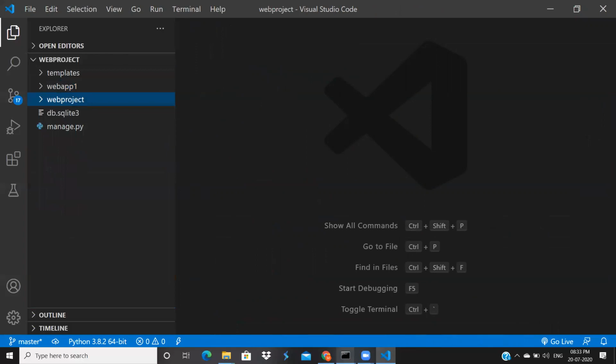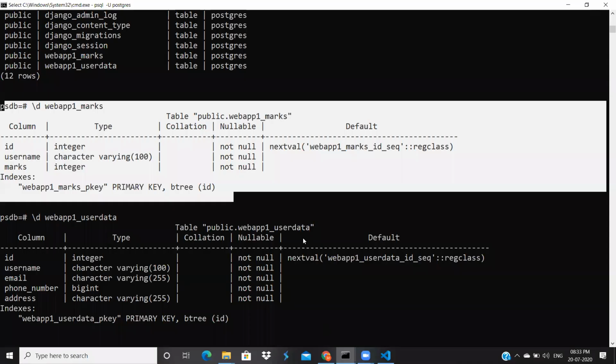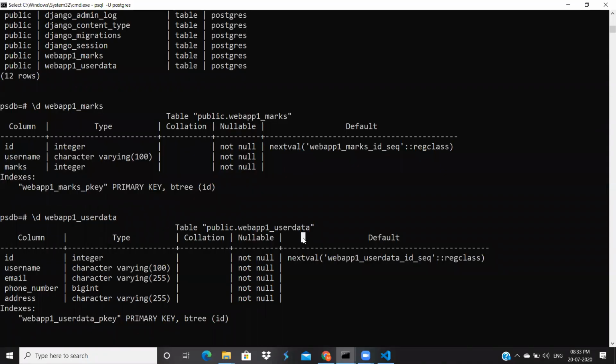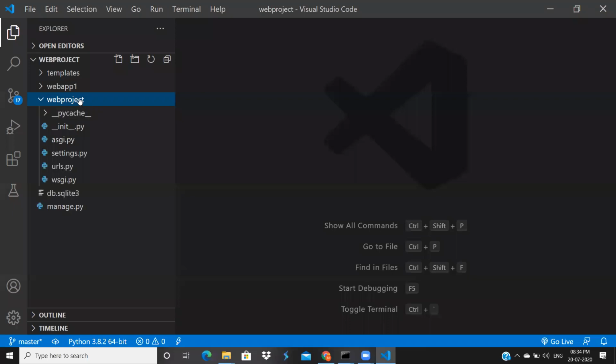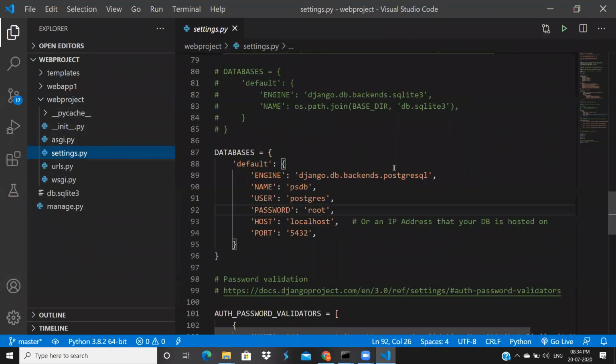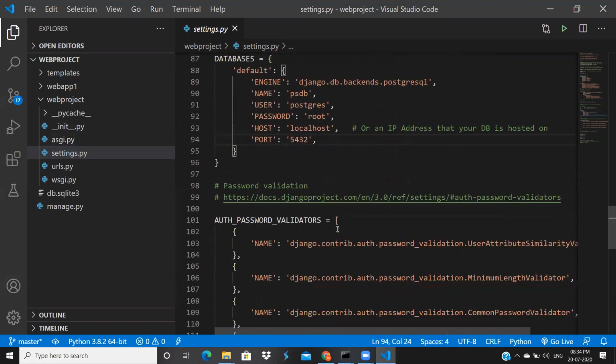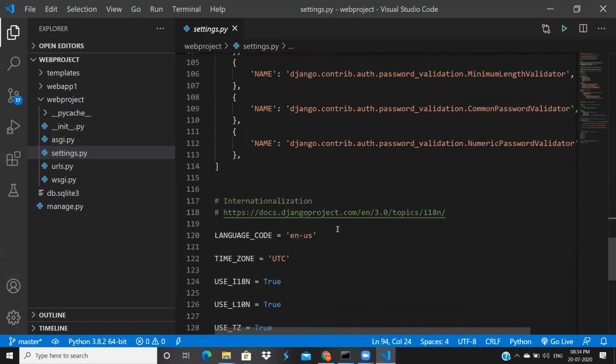This is the story of creating a database and connecting your database with your application. For the remaining flavors, you just have to change this section of settings.py only. Here the engine will be changed. Instead of PostgreSQL, you will get Oracle or MySQL. The remaining depends on your software: port number, password, username. That's up to your choice. You can change to any number of databases.